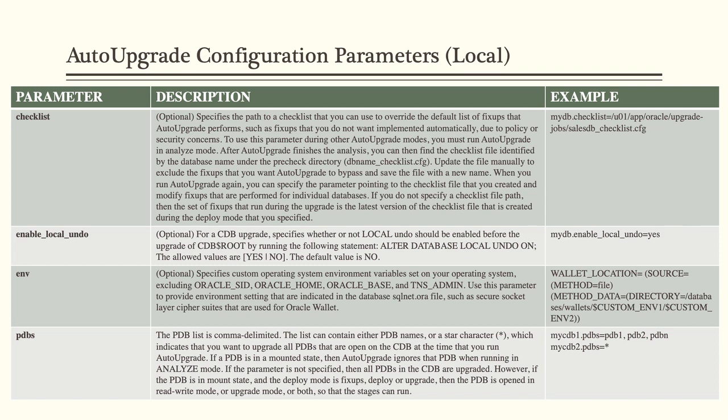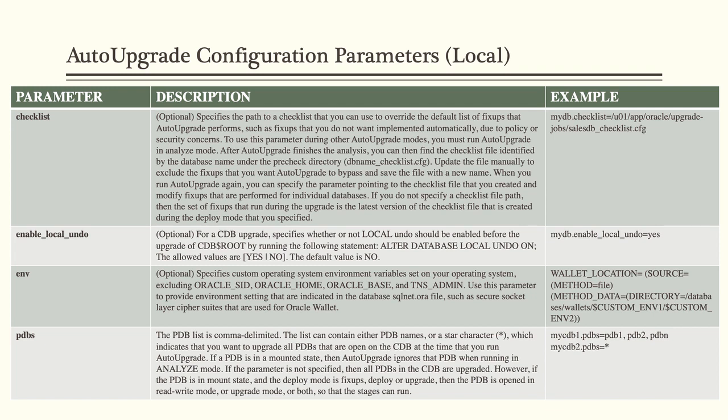If you want those pluggable databases to have a local undo for each one of them individually, then you can enable local undo for the upgrade, saying, okay, after the upgrade, I would like all my